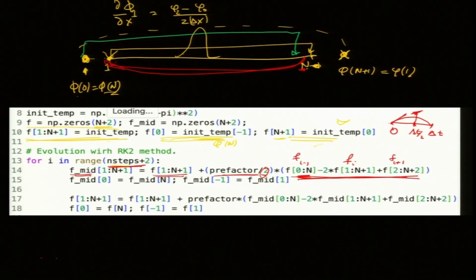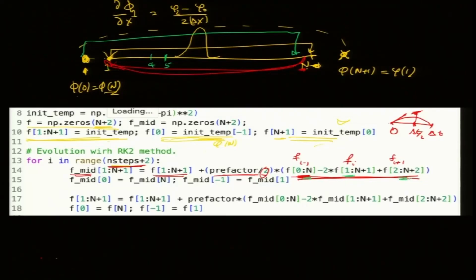So for 1 I am going to use the left number. For 5 I use 4 when I do this, but it is going to be vectorized, in one shot it is going to do it, and this is fast. If you do it using a loop, it will not get the speed up. This is the current location f i, and this is i plus 1 which is shifted to the right.